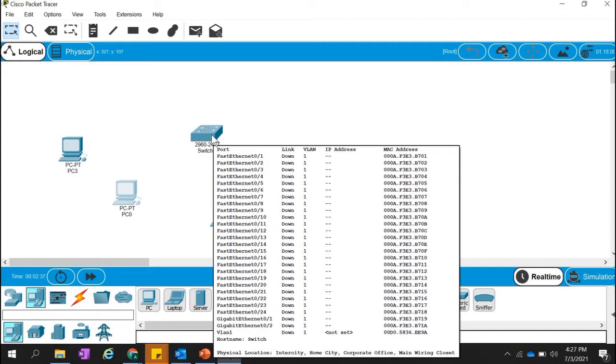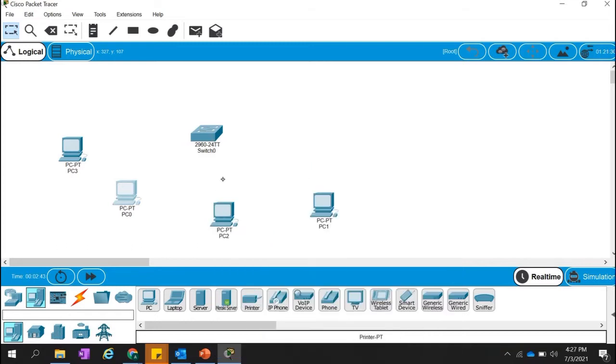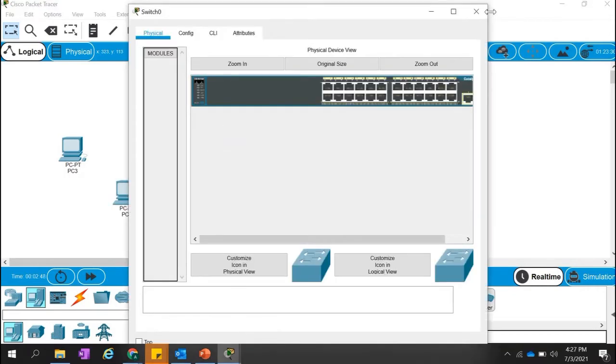And we are having 2 gigabit Ethernet ports, 0/1 and 0/2. I think I can hover over it. I cannot. Or I can make a screenshot, I think.